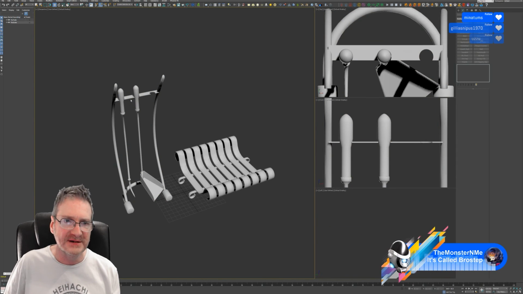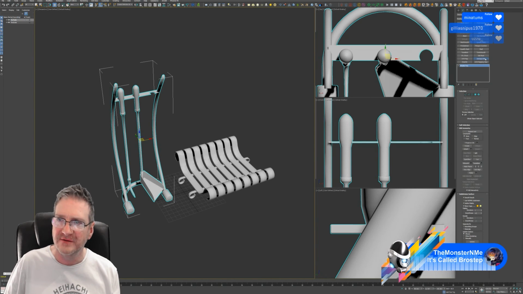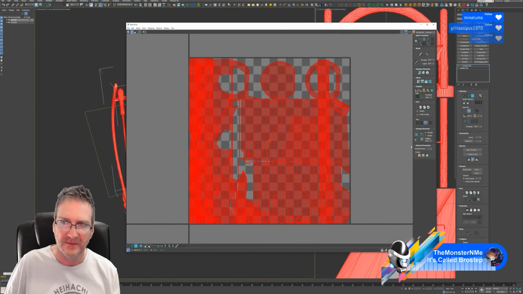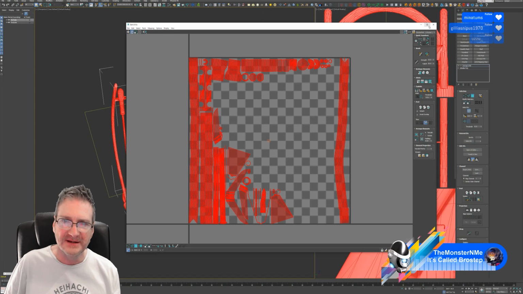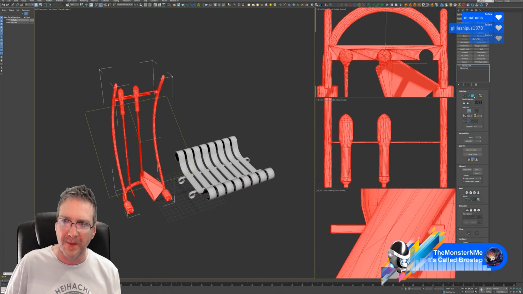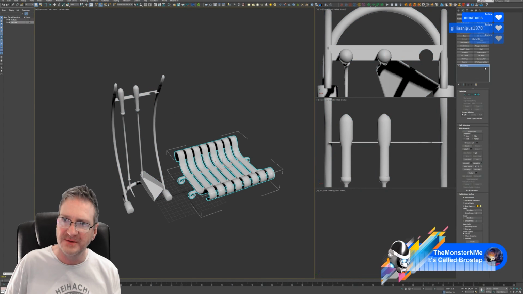Okay, so now we just need to repack our UV. So we're going to throw an unwrap UVW down and get Max to do a repack, so our texel density is even. Just going to see if I can't get a better pack happening here. I'm going to fill holes. We'll do a rotate clusters as well on this one. No, that's as good as it's going to get. We need to do a pack on this one as well.